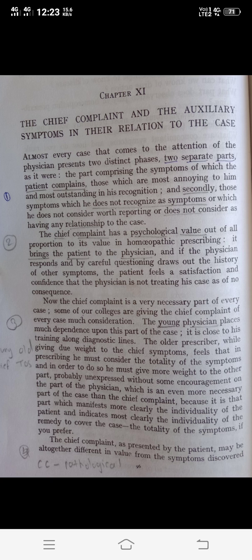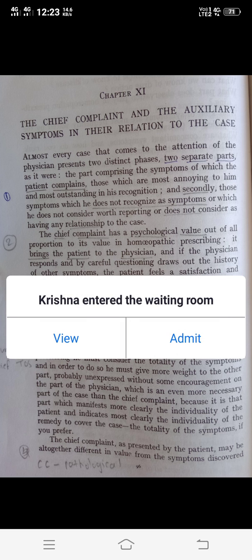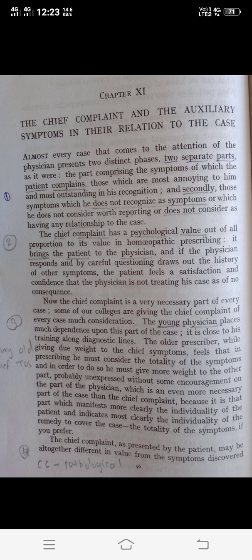We have to think how this patient is different from the others, and for this reason these symptoms have importance according to homeopathy but don't have any importance according to the pathologist. This is given in this para. Then